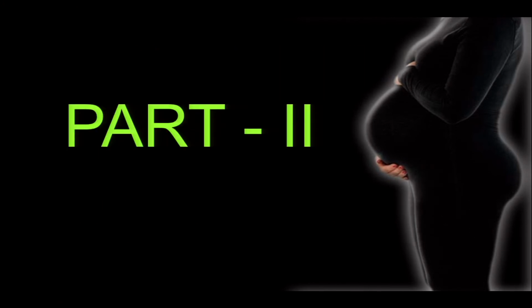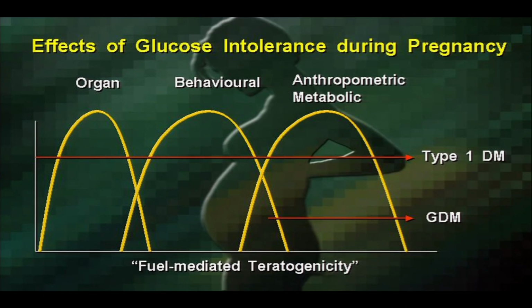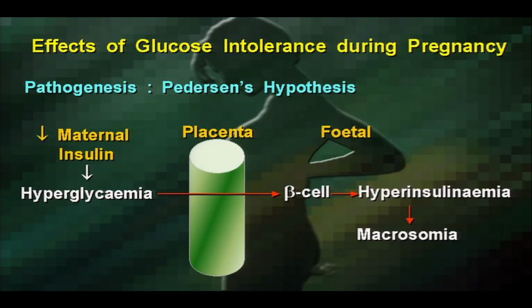What are the implications of this as far as the fetus is concerned? The effect of glucose intolerance during pregnancy is a time-honored slide which everybody knows. There is a fuel-mediated heterogeneity depending upon the occurrence of glucose intolerance during the first, second or third trimester. First trimester itself in type 1 diabetes and third trimester alone in GDM, you will find the changes in organogenesis, behavioral abnormalities or anthropometric metabolic changes. Next is about the pathogenesis, the so-called Pedersen's hypothesis, where with maternal insulin coming down, you have hyperglycemia. This hyperglycemia crosses the placenta, stresses the fetal beta cell to produce hyperinsulinemia, which is